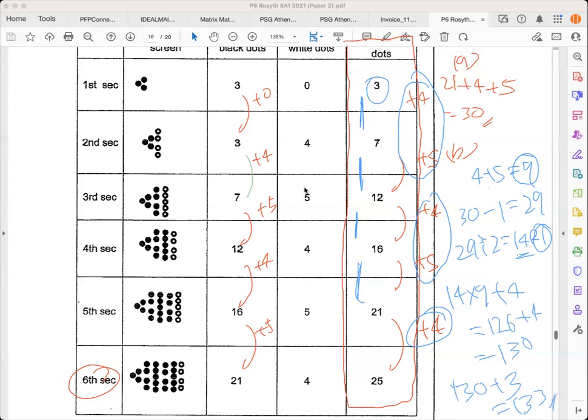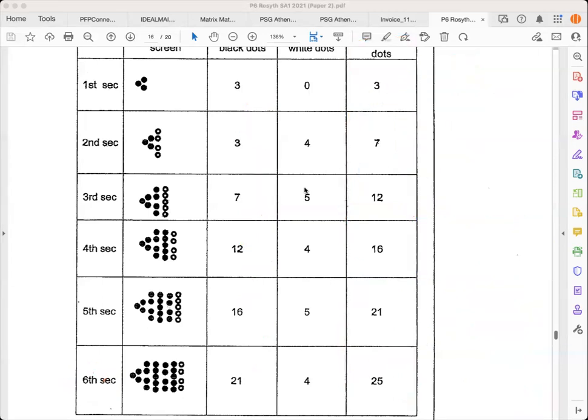Okay, let's continue with part C. I need a bigger space for part C, so I'm not going to use this; I'm going to use your blank paper. Refer to your question. Part C asks, at which second mark will the difference between the black and white dots be 188? So you're talking about the difference between the black and white dots being 188. First, you need to